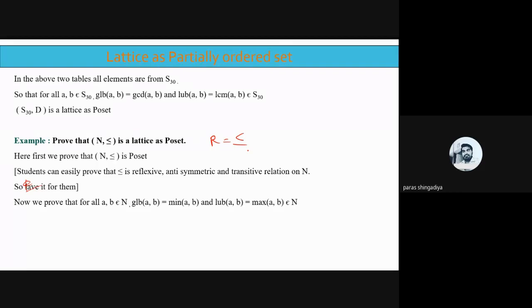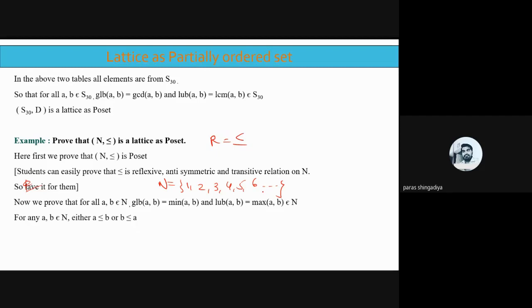Clear? So here we have to check the minimum and maximum. We have the set of natural numbers. Natural numbers means all are positive whole numbers: 1, 2, 3, 4, 5, 6, and so on. Remember one thing, N is the set of natural numbers, so all values are positive. There is no zero included there. The starting number is 1, 2, 3, 4, 5, 6, and so on.